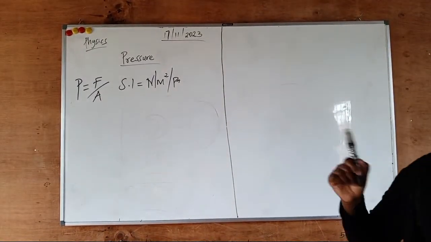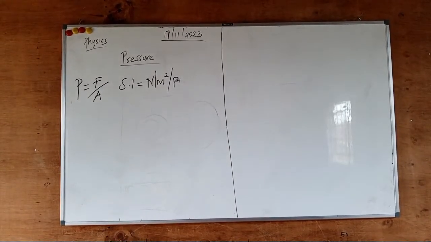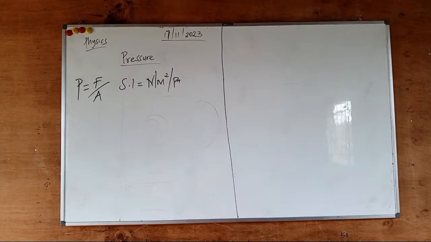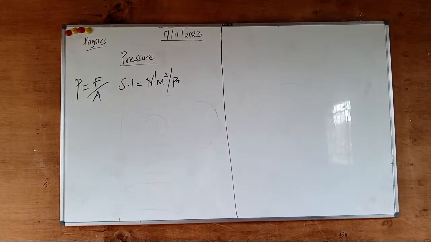So with that formula, I can give you a question we tried. Write this down. Okay, before that, let me read something. The pressure in solids depends on the surface area of contact. A force applied by a small area exerts high pressure as compared to when it's applied by a large surface. What do I mean? That is why the feet of an elephant cannot sink into the soft soil,